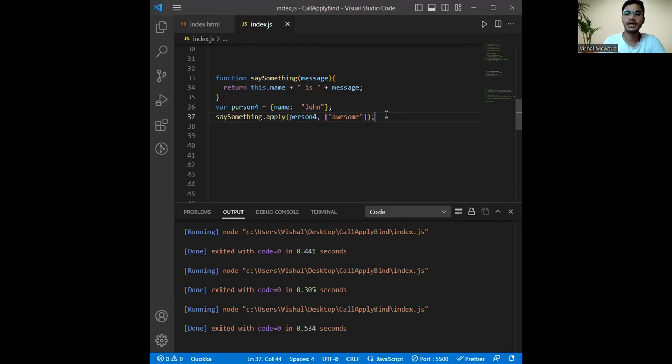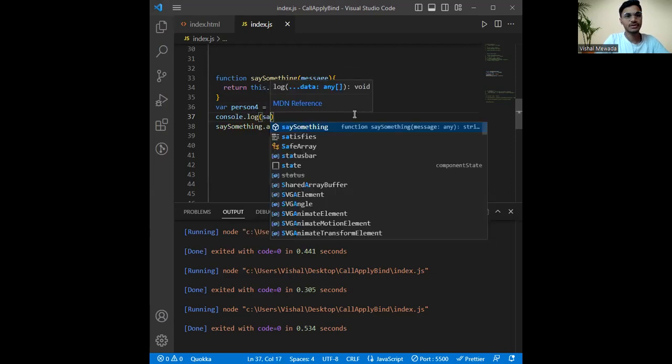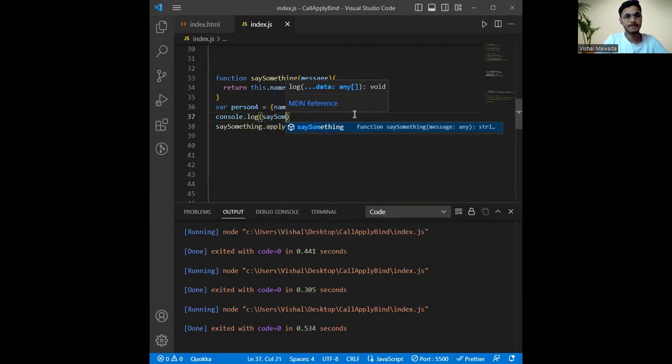What we are doing above is declaring a function with a parameter which the function needs, and returning this.name plus message. But here the change is that I am calling my object. Suppose I console.log say something with a message hi,